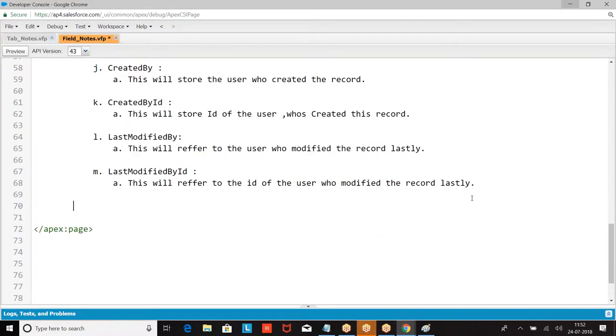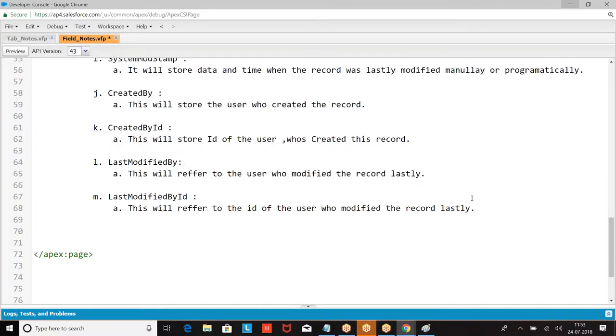Now, out of standard fields, some of the fields are called system fields. In system fields, some of the fields are called audit fields. Right, boss? Okay.